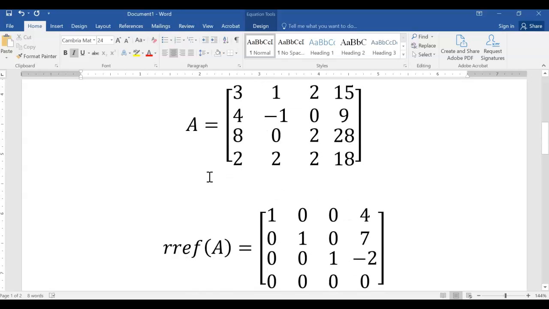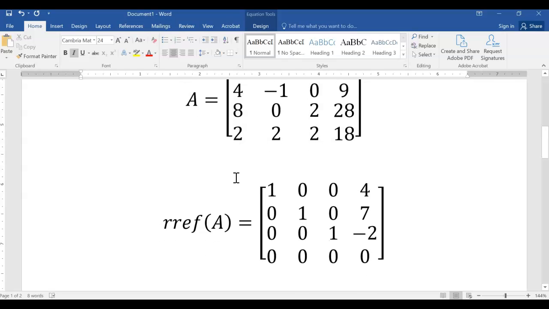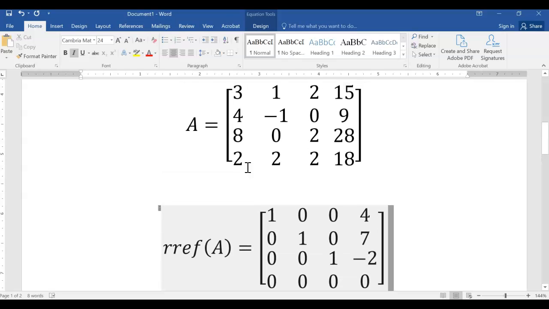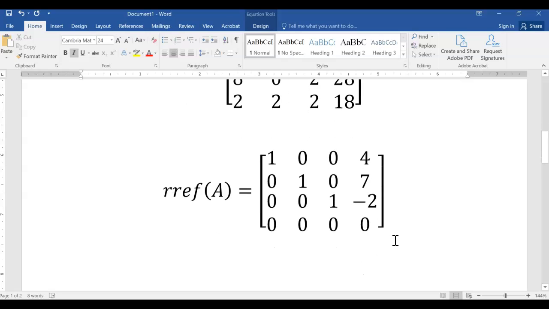Now, when you go ahead and row reduce this matrix, what you get is, well, it looks like a 3 by 3 identity with 4, 7, -2 on the right, and then a row of zeros. Again, this is the augmented matrix, and this one does give me a solution. It says C1 has to be 4, C2 has to be 7, and C3 has to be -2. So to answer the question,